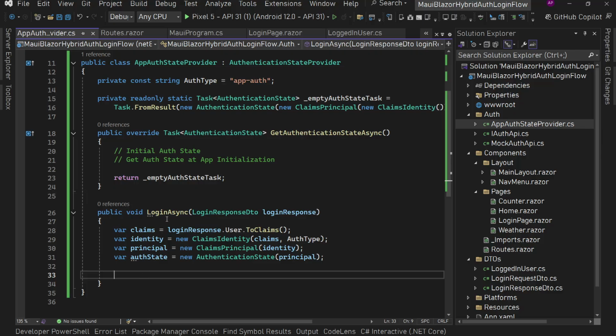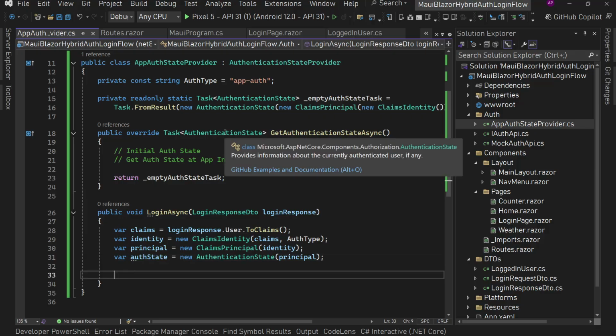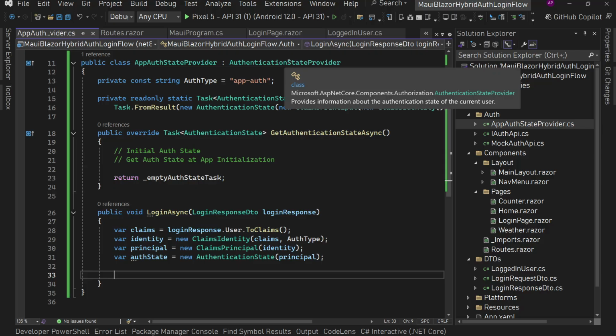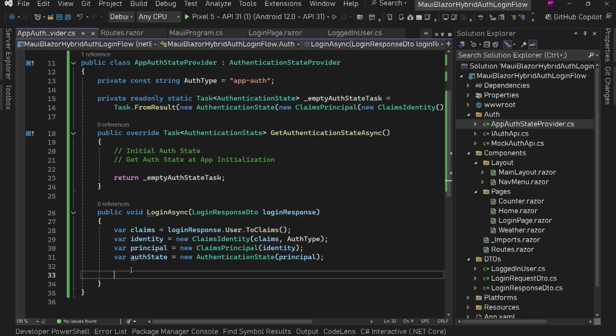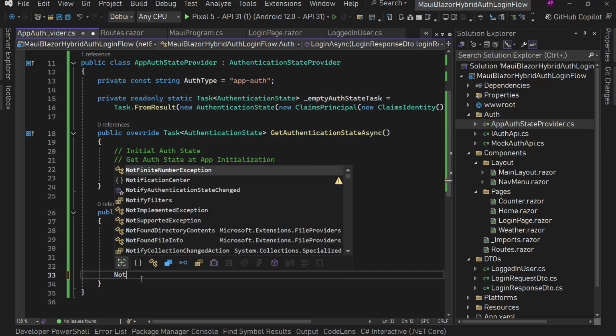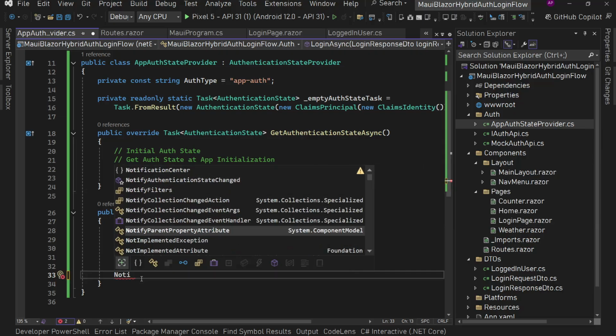After this, we know that we have this. Oh, this is just an empty auth state task, right? Okay, so I think we are good with this. But now we have this auth state, but we need to tell the authentication state provider that we have a different authentication state now. So for this, we have a method which is called